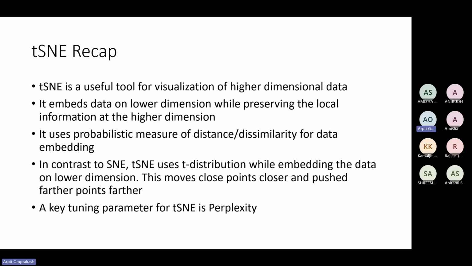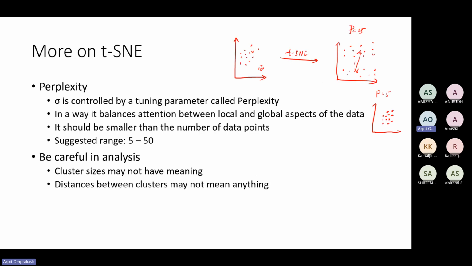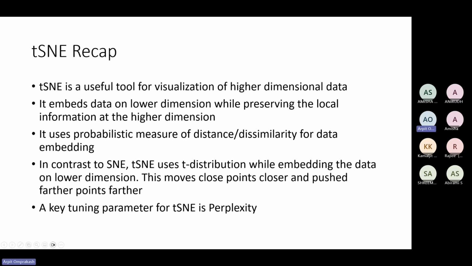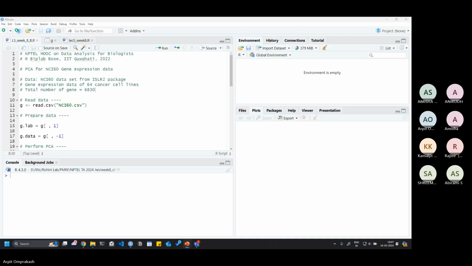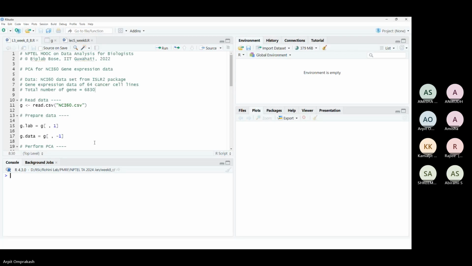farther away. Okay. Another thing is, the key tuning parameter for t-SNE is perplexity, and based on your value of perplexity, the visualization that you'll get from your data will be very different. So keep that in mind and try to use a good value for perplexity within the suggested range of 5 to 50. Okay. Does anyone have any doubts regarding t-SNE? Okay. So we'll move further to